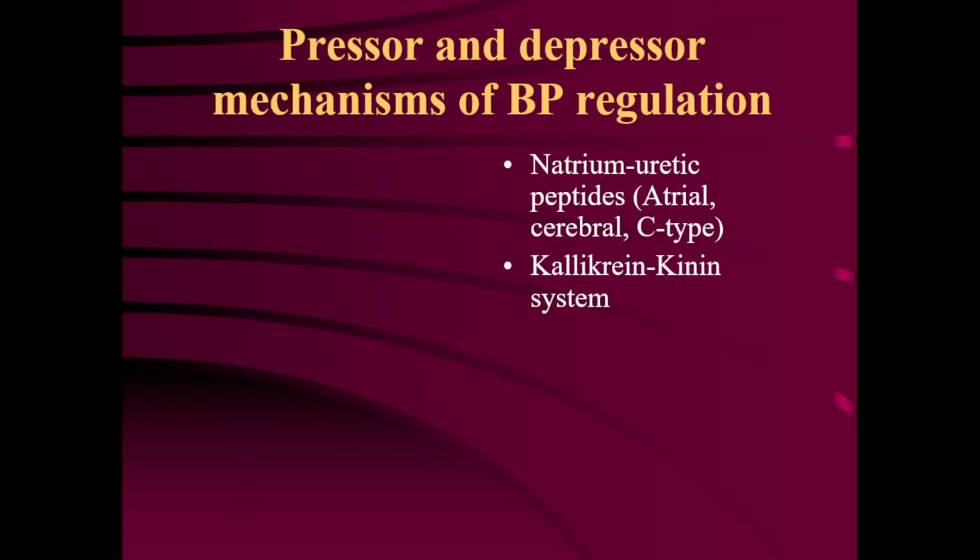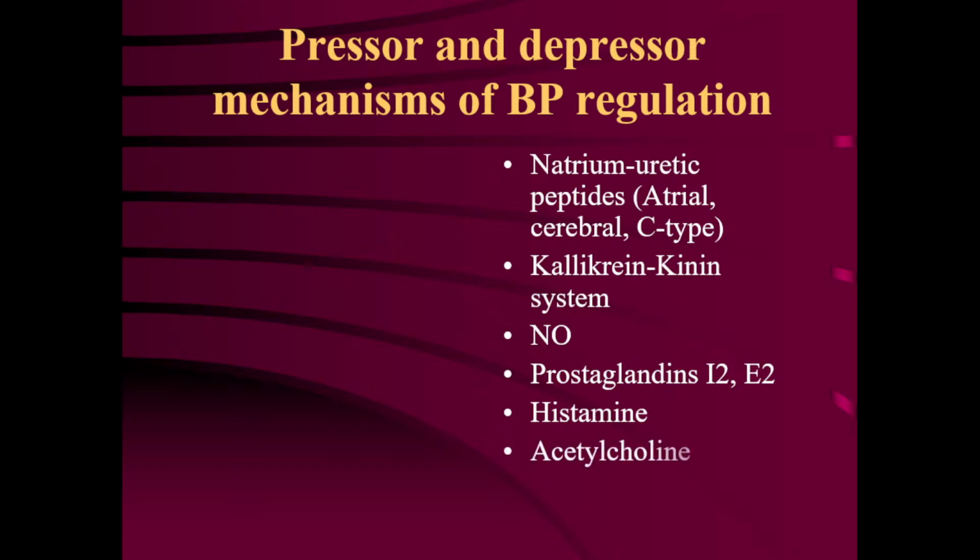You can see natriuretic peptides, they're divided into atrial peptide, cerebral peptide, C-peptide, the next kallikrein-kinin system, nitric oxide, prostaglandins I2, E2, histamine, acetylcholine, adrenomedullin, and insulin. Such factors are depressor mechanisms,